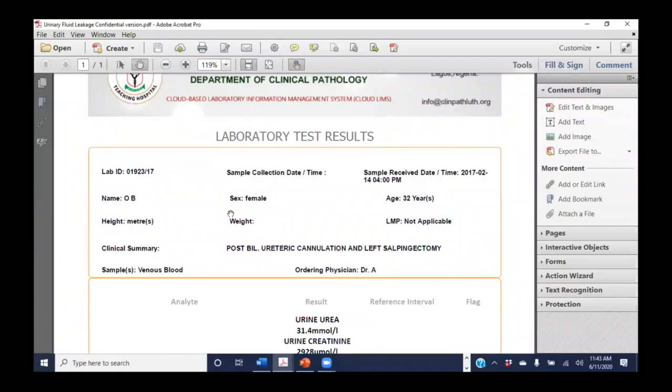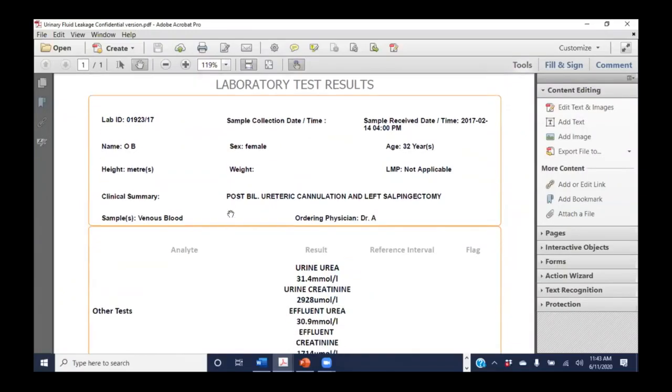So these are real cases. A 30-year-old female was operated on, had bilateral ureteric cannulation, and post-op had a salpingectomy done. Post-op, the drain they put had some effluent coming, and the surgeon, the urologist, was not sure whether that was urine leaking from the bladder or peritoneal fluid. The patient was already back on the ward, and they didn't want to rush to theater, open up again and do a major laparotomy without knowing what to expect. So they called us and wrote a consult.